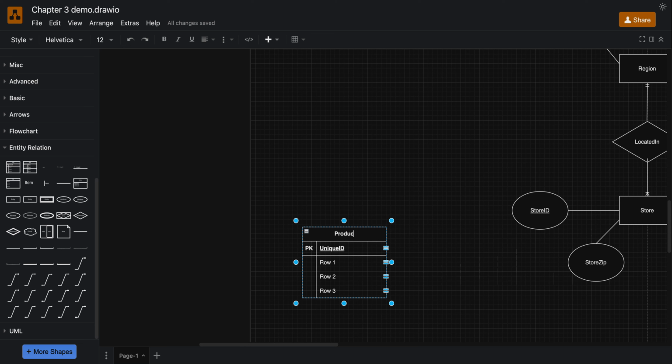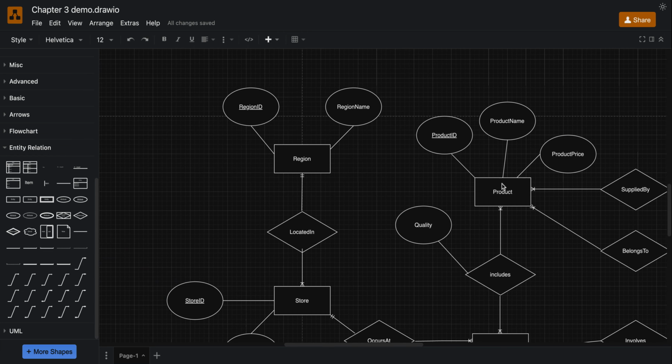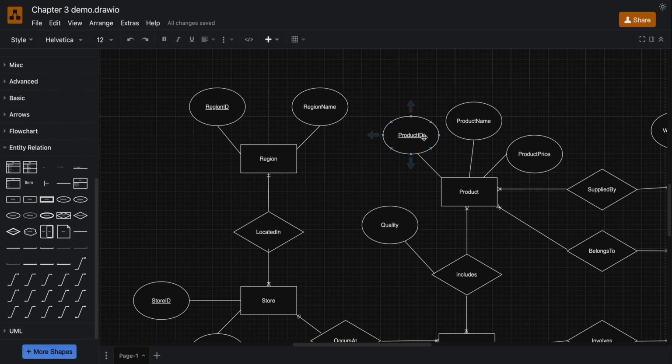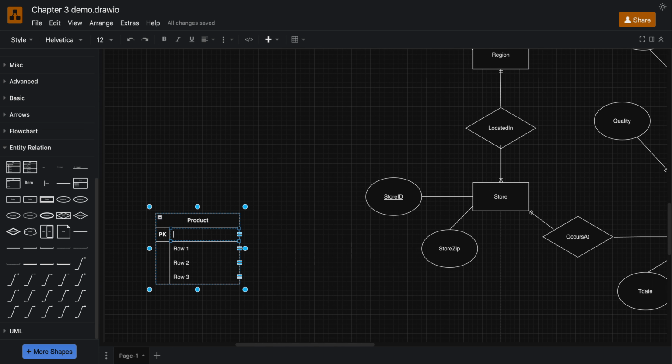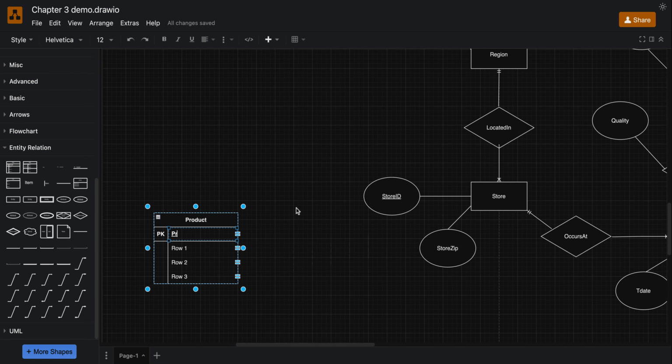So product. And then for the primary key, PK, it's going to be the attributes that are underlined in the ER diagram, right? So this example, we got a product ID,